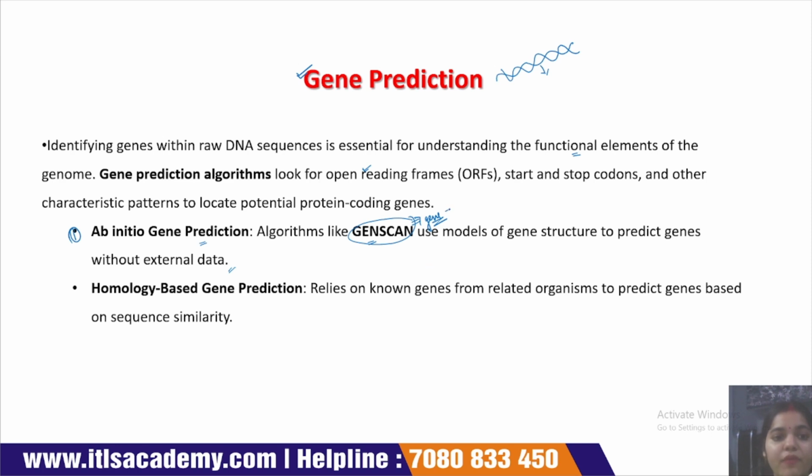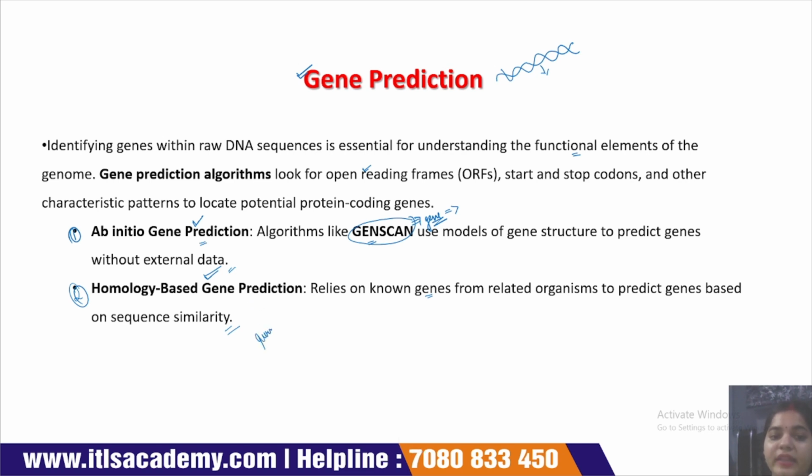Okay, this is a type of ab initio method. Next is homology based gene prediction. It relies on a known gene from a related organism to predict the gene based on sequence similarity. Ab initio gene prediction is a direct method which does not require any external data. But in homology based gene prediction, we require a similar sequence, and we compare it with our